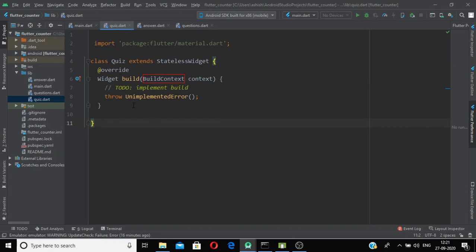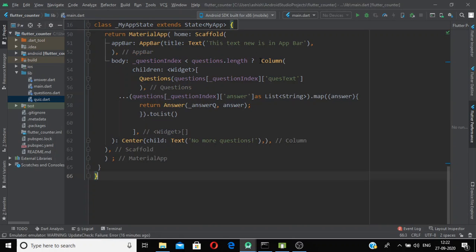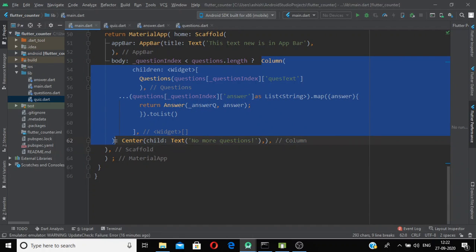Okay, so our override method is, and we just copy paste our column widget, that is the if block,